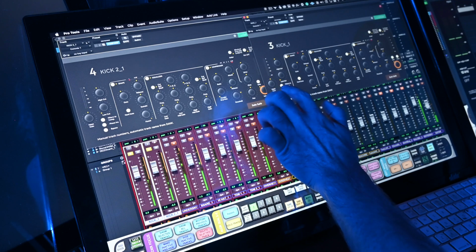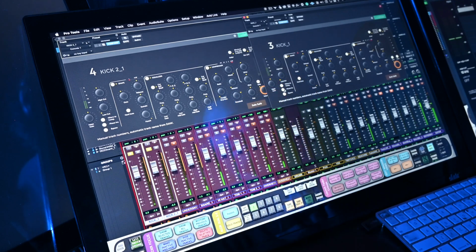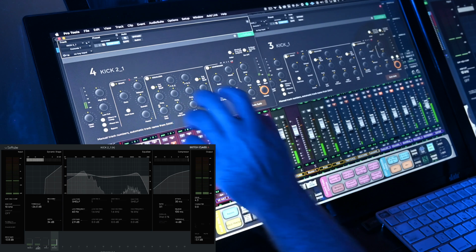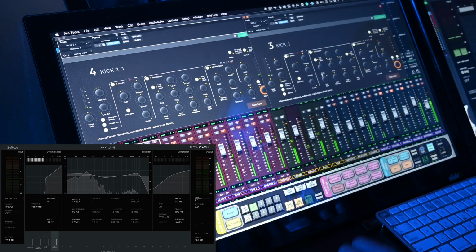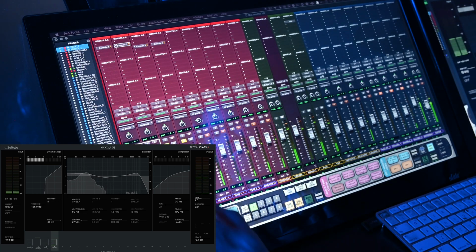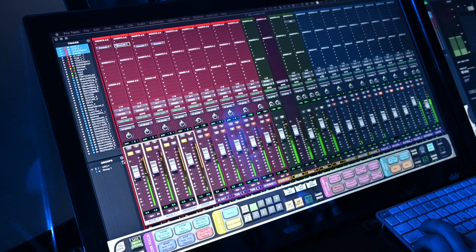Flip the phase, anything happen? Yeah, the low end goes away, so we know we want to keep that in there. Let's get a little bit more low end on these kicks here. Yep. Nice. Okay, kick snare. Okay, compared to